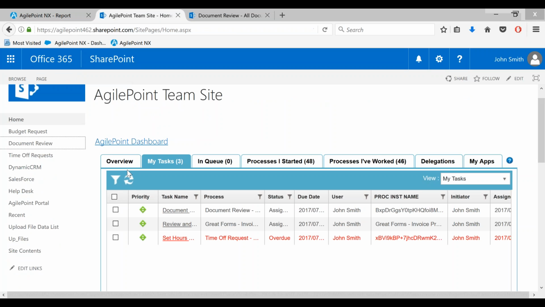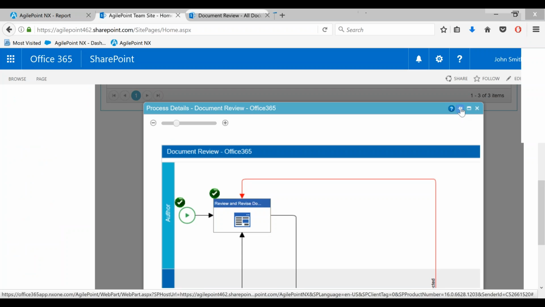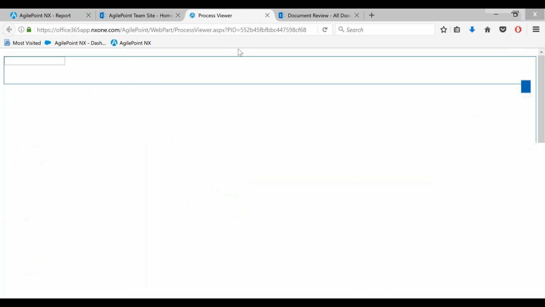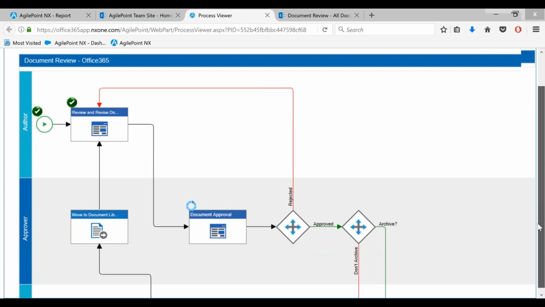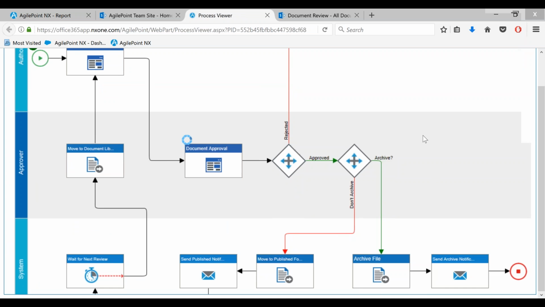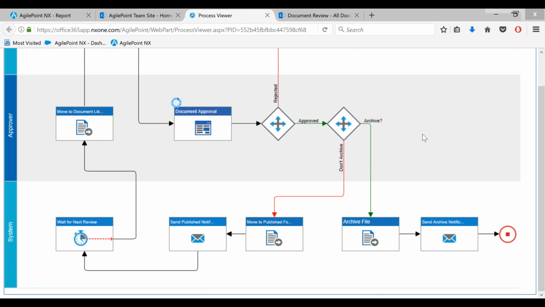So what I'll do here is go back to my AgilePoint dashboard and refresh my task list. You'll see I have a document review task waiting for me. So I'm just going to open up this end user reporting view here just to show you an outline of the process, what's happening here. To set the stage, we're executing a document management process.